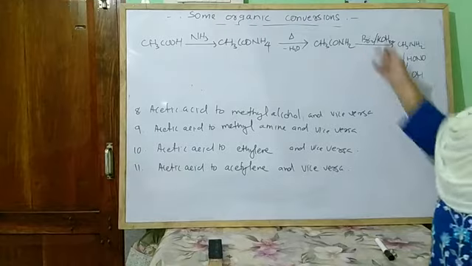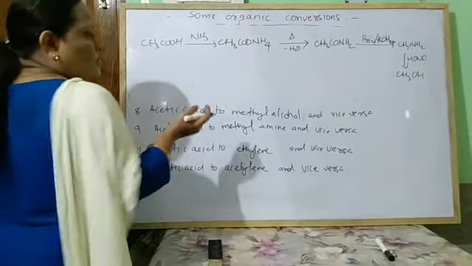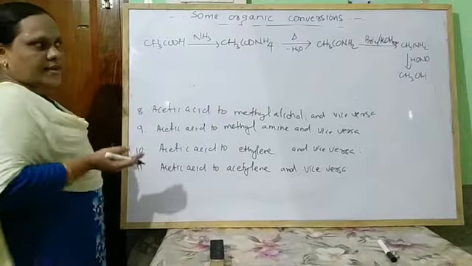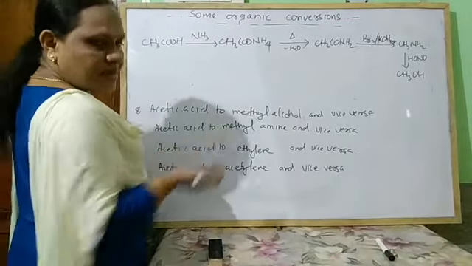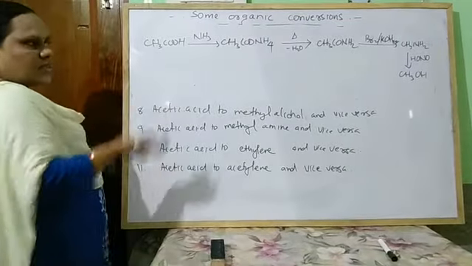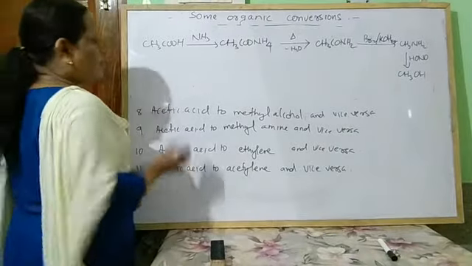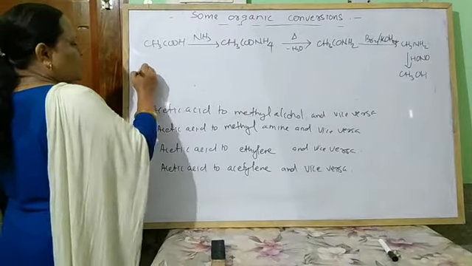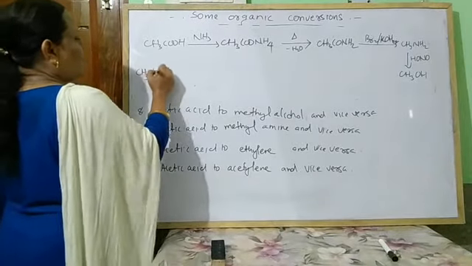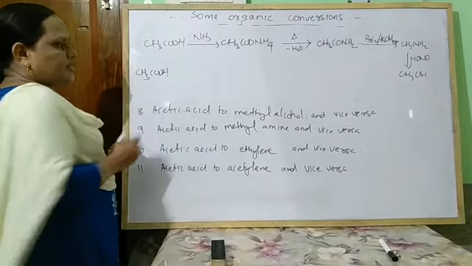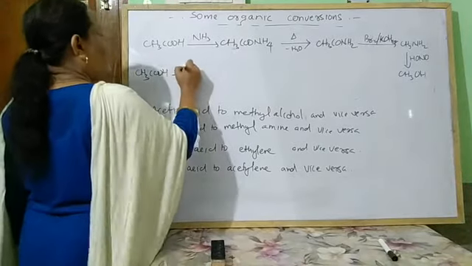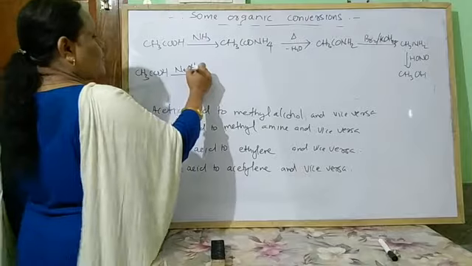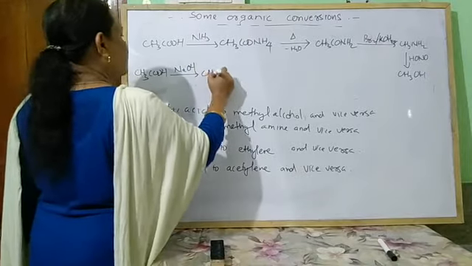Another way you can also prepare it. Look here, I have told you either the Hofmann bromamide reaction or the Dumas method, the decarboxylation method. Let us discuss what the decarboxylation method is. This is acetic acid, sodium hydroxide first forms